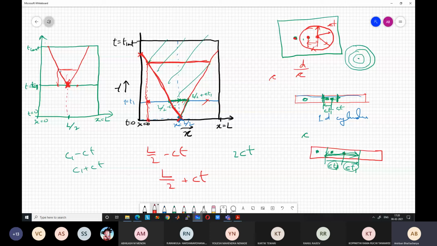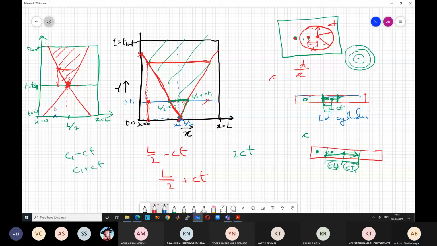If you consider these two lines on the other side, this point cannot change anything on the other side, right? Because it is previous time. At that time, it cannot change anything. However, if another fluctuation was given anywhere within this region, it would have been felt at this point. So this region is the domain of dependence. This top region is the domain of influence.